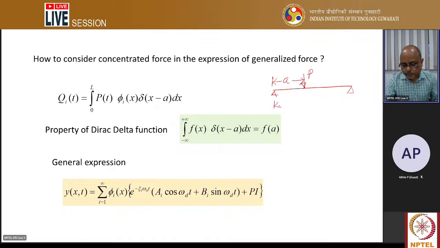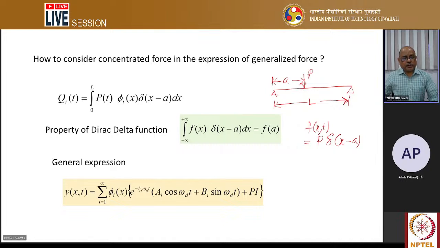The length of the beam is L. So in that case, the distributed force F(x,t) on the beam should be written like that, P into Dirac delta (x minus a), because the force is acting only at this point, x is equal to a. At other points, no force is there. Therefore, we have to replace this